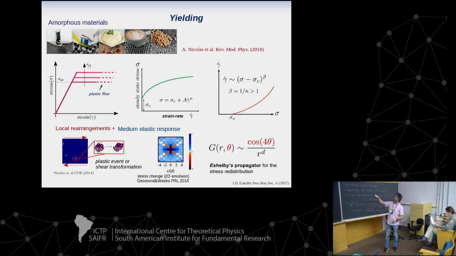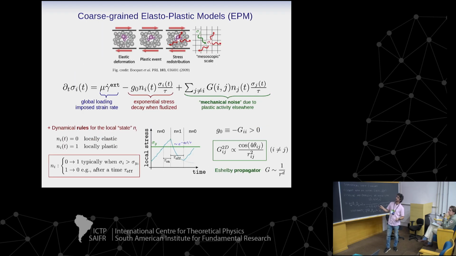And remember that one ingredient of yielding was that when some plastic event happens in a given place, it affects the rest of the system in a long-range way through this SLB propagator that comes from elasticity, mechanics elasticity, and that has this 1 over R to the D dependence and a cosine for theta in the angle. Okay, so in fact, I show you more in detail here, again, what were the elastoplastic models that we used,